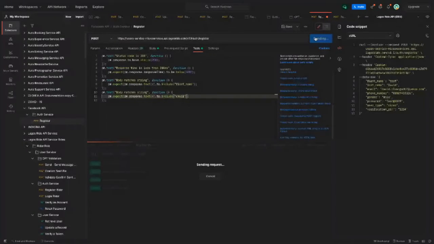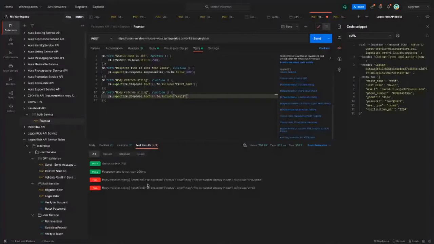You can see with the test I've added here, I said Postman should verify if I have first name in my response, and as you can see it is already failing, that I don't have such a string in my response body. So the two tests failed, but still my response time passed and my status code passed.